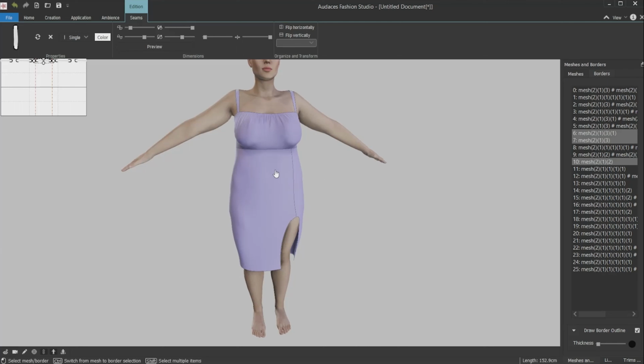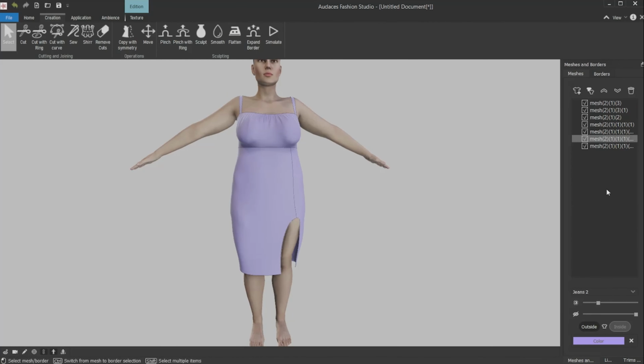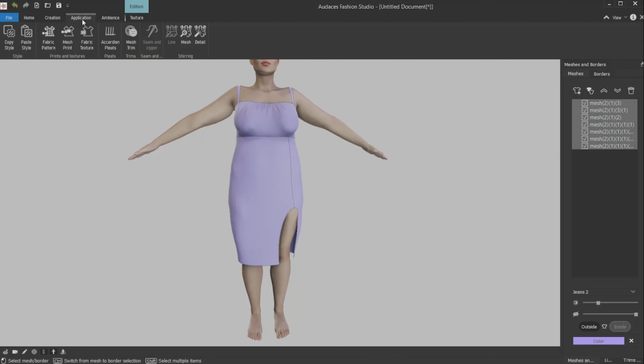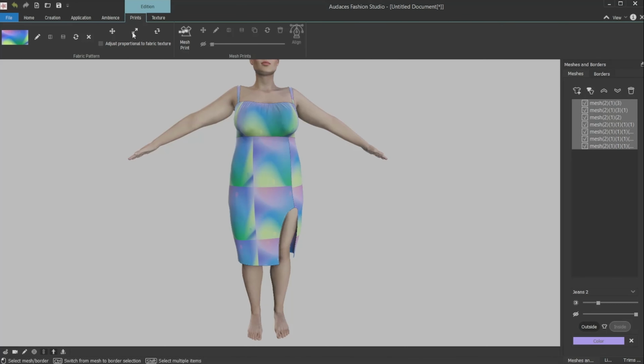And now you can apply the print over the dress. Select all the meshes in the Mesh tab. In the right side column, open the Application tool, click Fabric Pattern, select the print you want and click Open. Now resize the print to fit the dress,